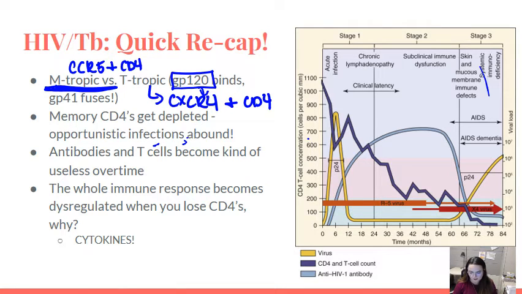So let's go through this picture, because I think this picture is kind of the heart of the immunology surrounding HIV and TB, okay? And I want you to first pay attention to this. Time in months. This whole process takes place over months to years. So as we see this viral load come up, we're also seeing CD4 cells go down. Now, that depletion, as you can see, takes several months to actually kind of complete its depletion before it comes